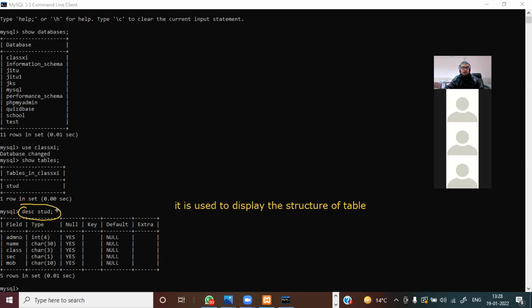का यूज क्या है, it is used to display the structure of table. ठीक है, तो कौन सा क्लास तुम लोग को ज्यादा अच्छा लगता है कंप्यूटर के केस में, ऑनलाइन या ऑफलाइन? प्लीज अनम्यूट योरसेल्फ। मुझे तो ज्यादा अच्छा लगता है ऑनलाइन वाला, ओ जी online. अब यहाँ देखो, ऑनलाइन ठीक है सर।